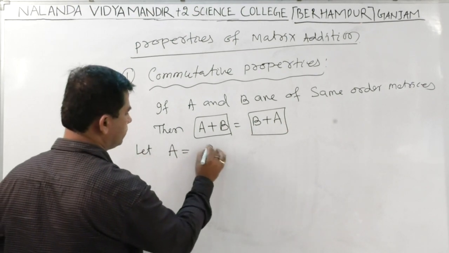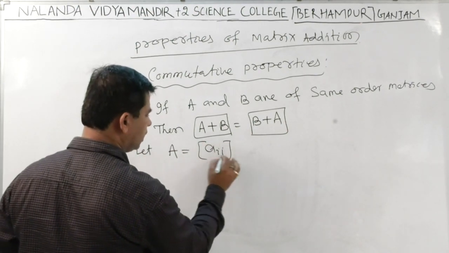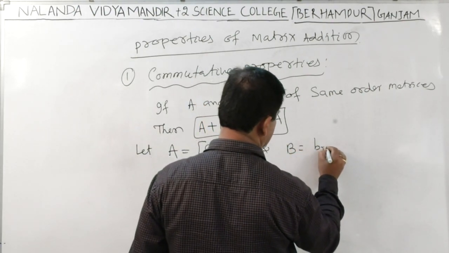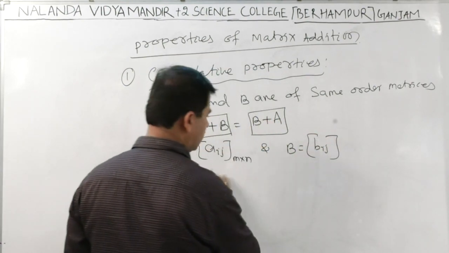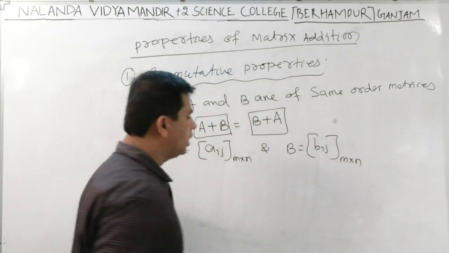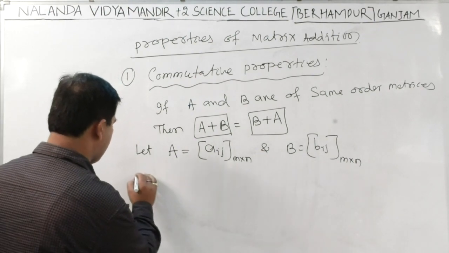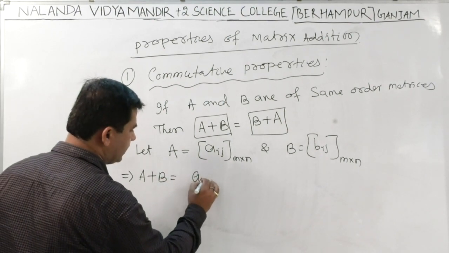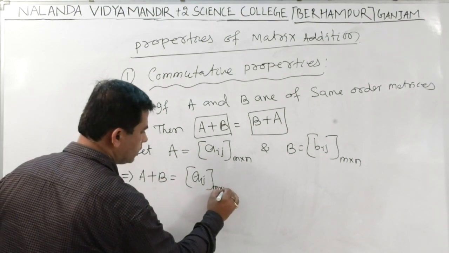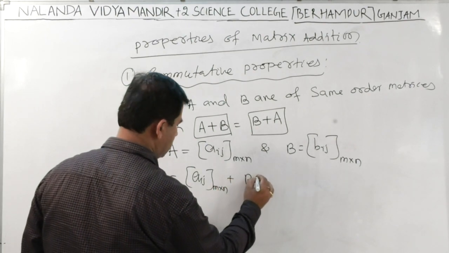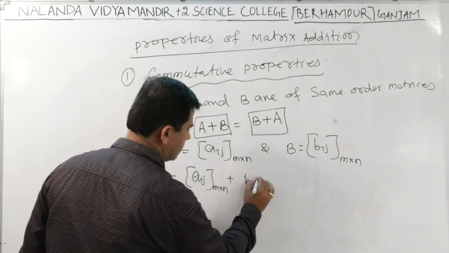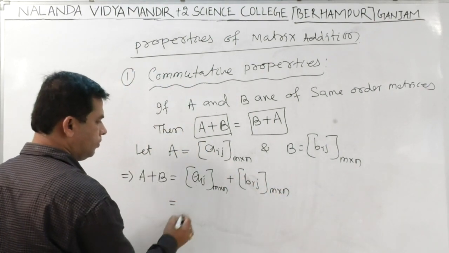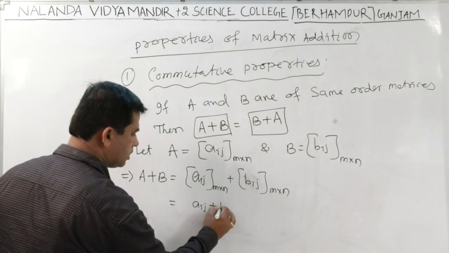Let A is equal to A ij of order m cross n and B is equal to B ij of the same order as A, which is also m cross n. If we add A with B, that implies A plus B is equal to A ij of order m cross n plus B ij of m cross n. This is equal to A ij plus B ij